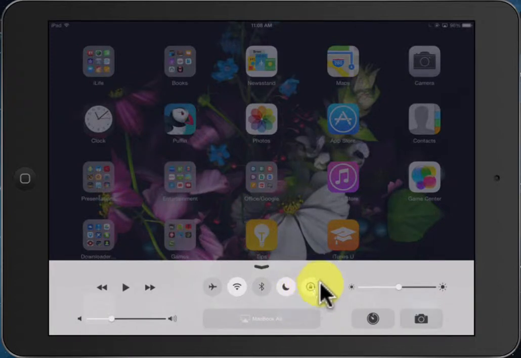So if you noticed in the last video, every once in a while my icons would start spinning, and this would get like portrait mode or landscape mode. And what happens is your iPad will spin depending on whether you're holding it straight up and down or whether you're holding it long ways like this. And if you don't want it to spin, you just select that button. Right now it says the lock is off, which means it will spin. But if I push down on that with my finger, then it will say lock is on,